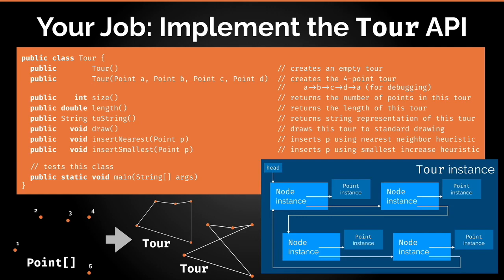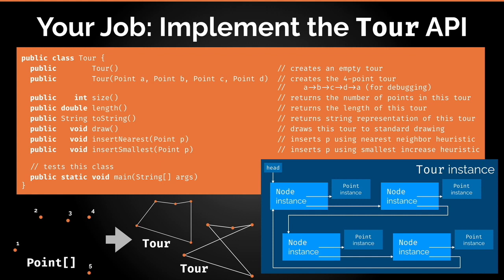So behind the scenes, this is what your internal structure is going to look like. As I said, this is the circular version of a linked list. So instead of having a pointer that is called first, since the list is circular, we're going to call this pointer that points at some point of the list head. It doesn't really matter which node it points to, but it is necessary to have at least one node. So each head is going to point to a node object, and that node object is going to have